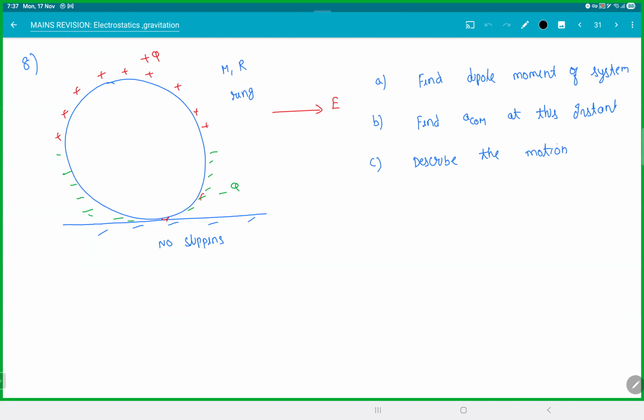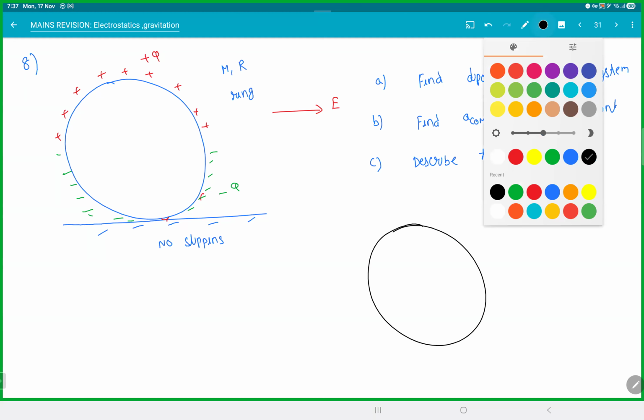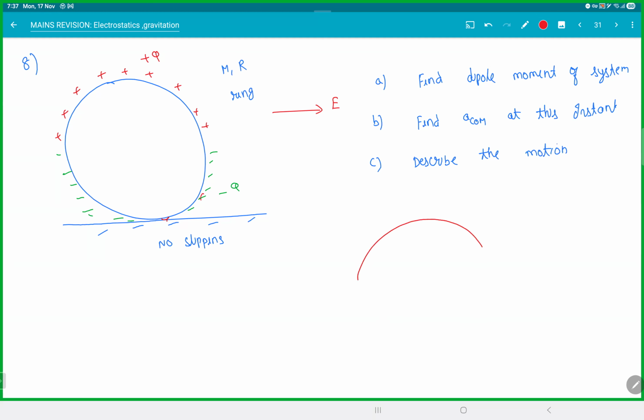So what's the concept here? Replace the entire charge at center of mass. That's the idea in these kind of questions. Why can you do that? Because suppose if I had given you a half ring and asked you where is mg